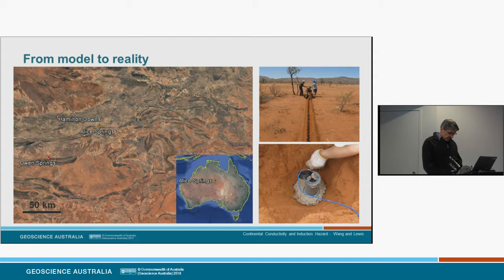So we do have some relatively long-term electric field data which were collected in a collaborative project between GA and some Japanese colleagues I mentioned before, between 2007 and 2010, from sites near Alice Springs, at Hamilton Downs and at Owen Springs. The data was collected over a 4-year period, but we got about 2 years of useful data because we had some trouble with equipment and cables being damaged and so on. For this survey, the electrodes were placed 1,000 metres apart, and the picture here shows the cables being installed, and one of the electrodes being buried into the ground.